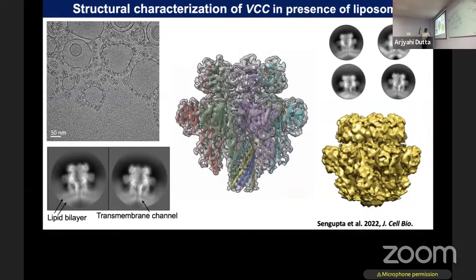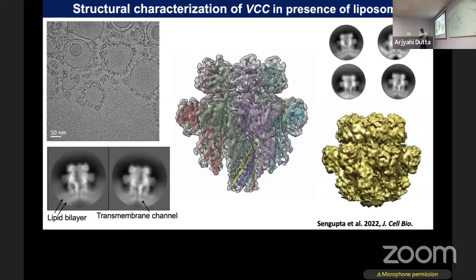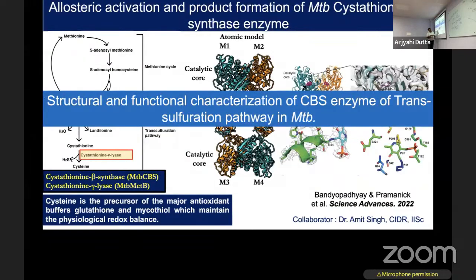The electron microscope is the only tool where you can get this kind of images. No other tool you can use. Here you can see the lipid bilayer as well as all these barrels very clearly visible from your 2D images. So now when we have this kind of data, we determine the structure, and you can see we capture the flexibility of